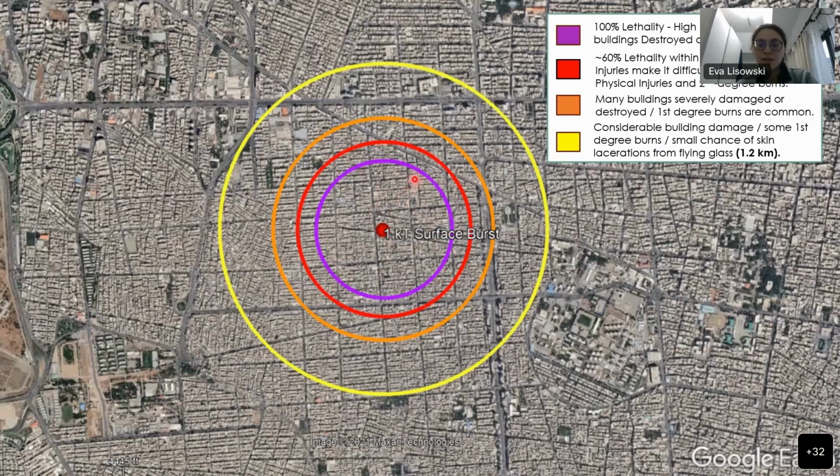And this ranges in some different rings based on where there might be a prevalence of second-degree burns versus first-degree burns. And then finally, all the way out to about 1.2 kilometers, there will still be considerable building damage and widespread injuries due to the building damage, but there will be fewer burns here. So in this area, you're seeing more of the area where some people may be able to be rescued, because the building damage isn't so bad that